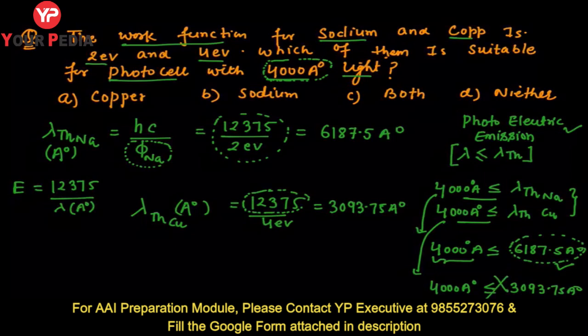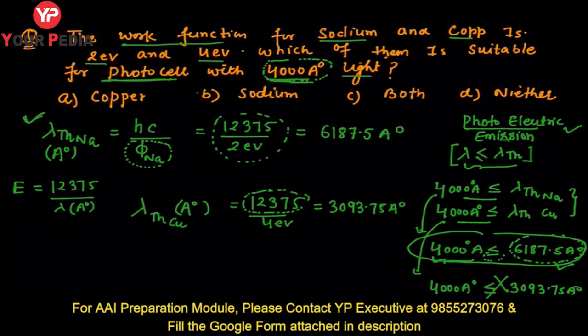Fine, because I have told you, for working as a photocell, the principle is photoelectric emission. So I need to select the threshold wavelength which satisfies these conditions corresponding to this wavelength of light. So tell me which is satisfying. Obviously sodium is satisfying the result. Fine, this equality I just use for the least, you can remove it over here. Is it clear? Obviously 4000 is less than 6187.5 angstrom. It is coming in the range. It means photoelectric emission is possible if I use sodium. So the answer is